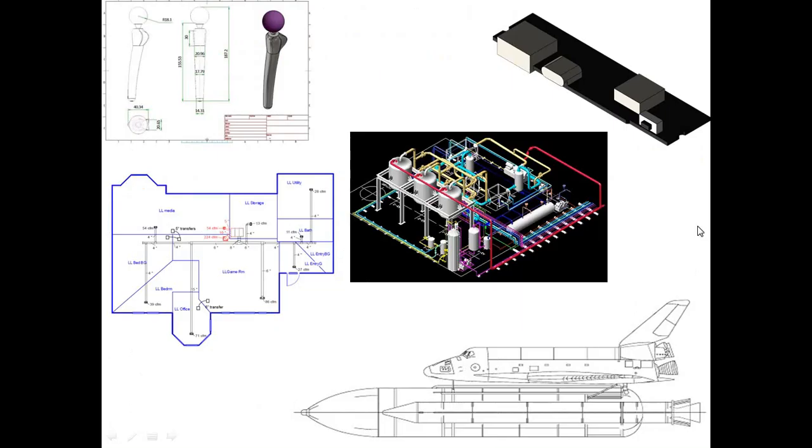So these are the different applications of CAD. Here are the pictorial views of the applications. You can see the prosthetics. Then here you can observe a PCB of a power bank. Then here is piping design. Here is a duct design, a space shuttle. All these are parts which are designed by using computer, that is, different CAD softwares.